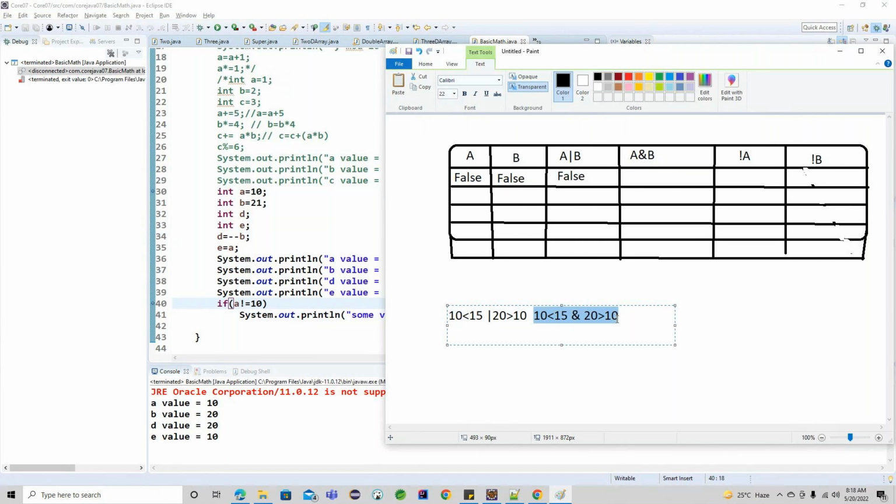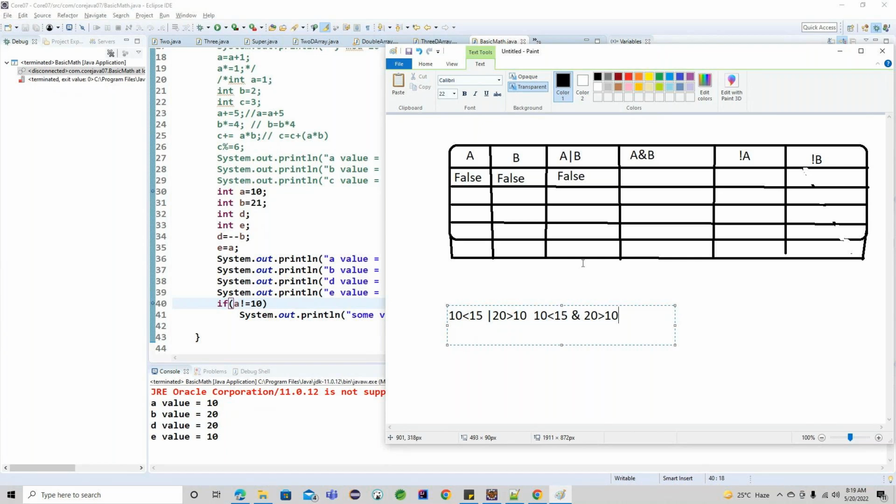Okay, the first expression is returning false and the second expression is returning true, so this is also false, right? Both should match here. If both the conditions are returning true, the AND operator will return true. Otherwise, the AND operator will return false. But here, it's checking only one. Either this should match or this should match. If any expression is matched here, the entire expression will become true. This is very important, the OR operator